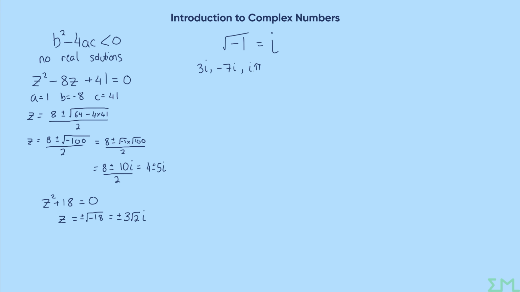But all of these types of numbers where we just have some multiple of i, these are what we call imaginary, because they are entirely made up of imaginary numbers, these root negative ones. And then if we bring in a real number as well, so for example the 4 plus 5i that we just got as a solution, or maybe something like 7 plus 8i, or minus 3 plus the square root of 2 i, anything that has a real part and an imaginary part, these are what we call complex, because they have both